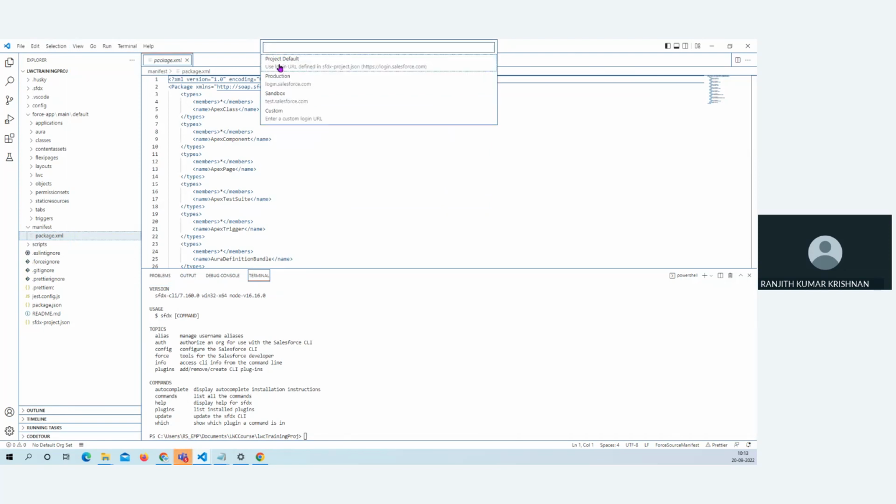Authorize an org, the project, the org URL. It can be a custom domain sometimes, maybe, right? Because every Salesforce org now is basically a custom domain, right? It is no more login.salesforce.com. Okay, but login.salesforce.com will work for any custom domain. So choose login.salesforce.com, and